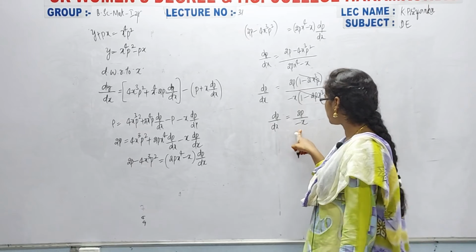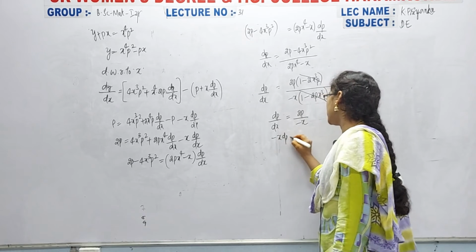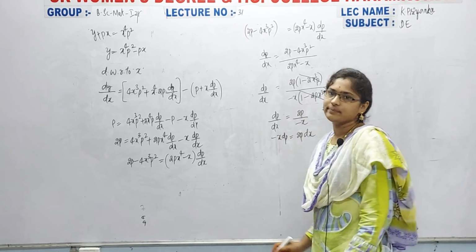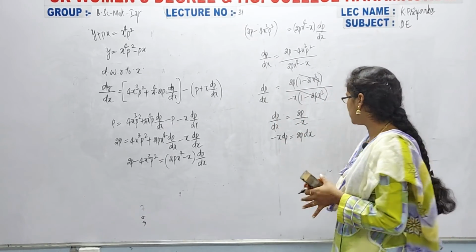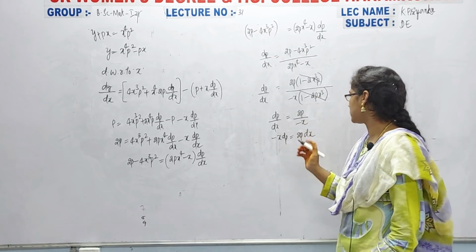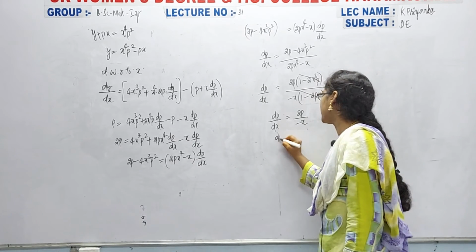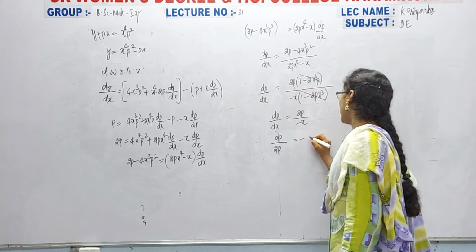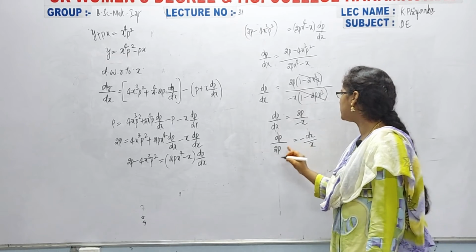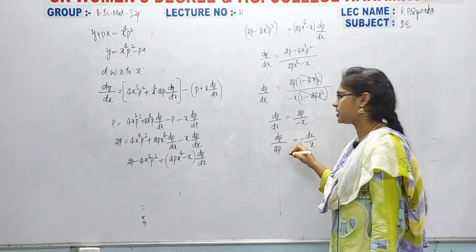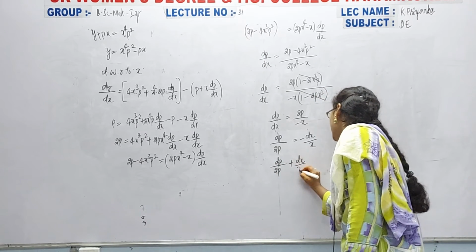So now I am taking this value to this side. Before that, I am taking the cross multiplication: minus x dp is equal to 2p dx. Now you can take the integration directly, otherwise you can take the values one side, then directly I will write dp by 2p equal to minus dx by x. Here we have 2p, yes. Now simply I am taking this value to this side because here I have minus. So dp by 2p plus dx by x equal to 0.